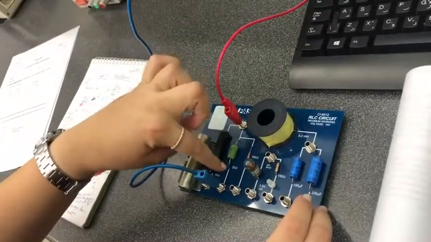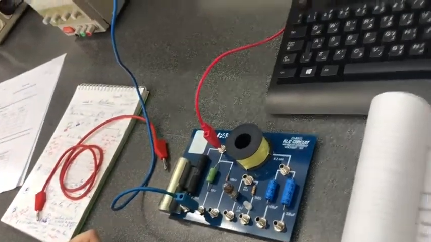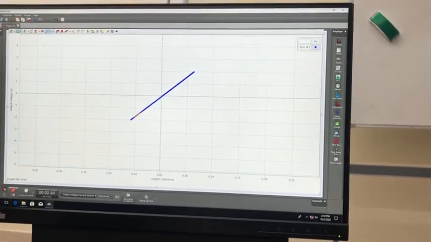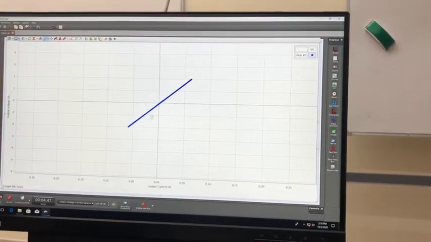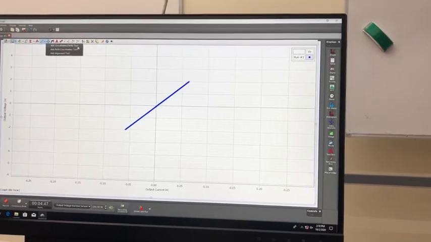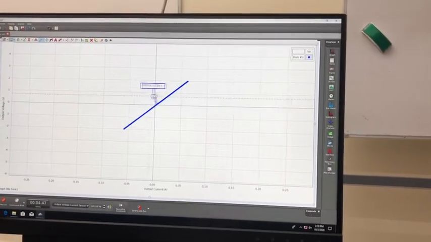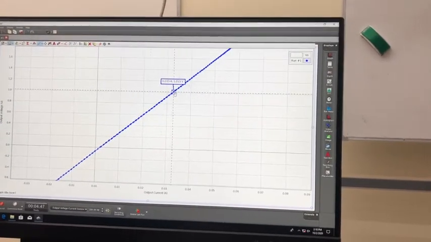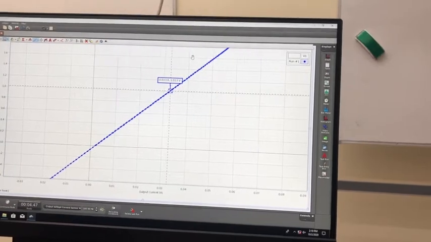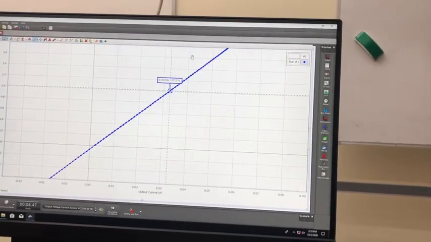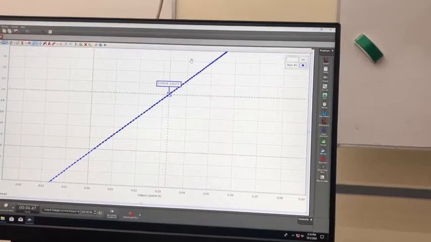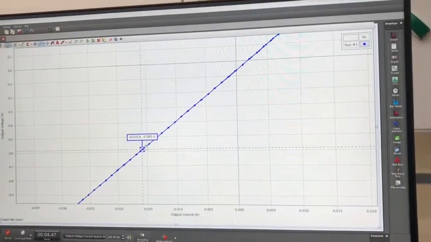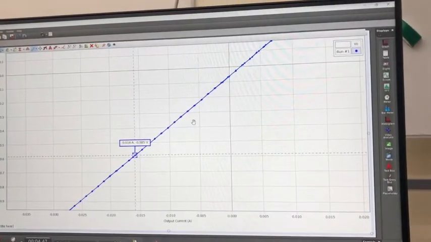Anyway, 33 ohms, now we can do the run again. We can record and stop. Again, we take some points and we find. Okay, to be more accurate. Okay, this one is perfect. So we write it down, 0.033 ampere, 1.013 volts. Another point. So we can find some values in the negative part,